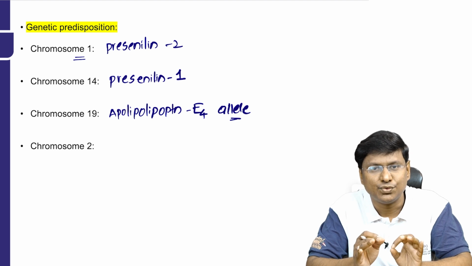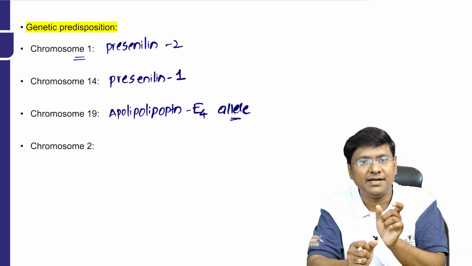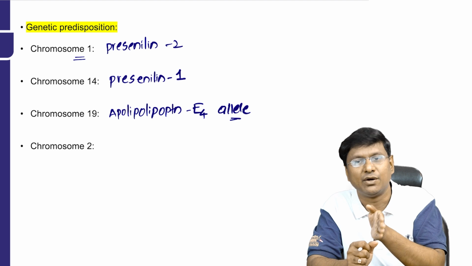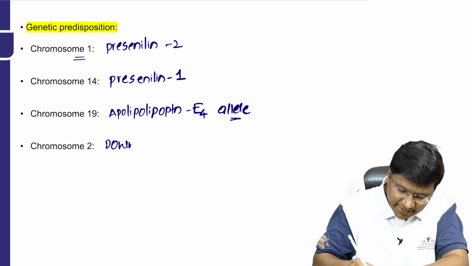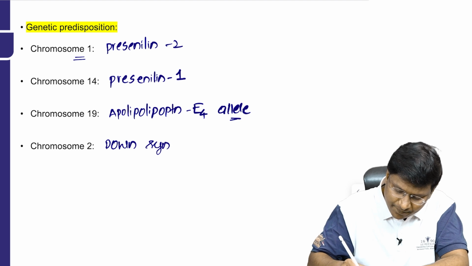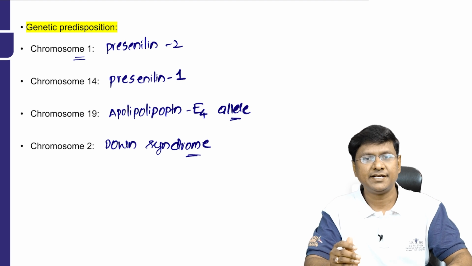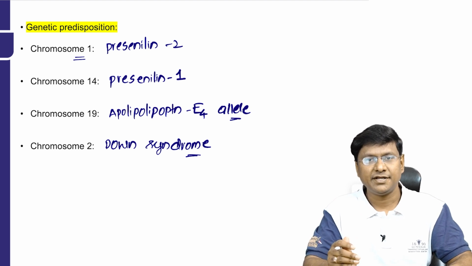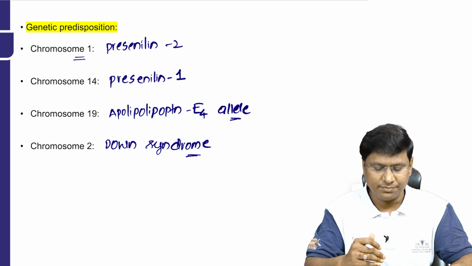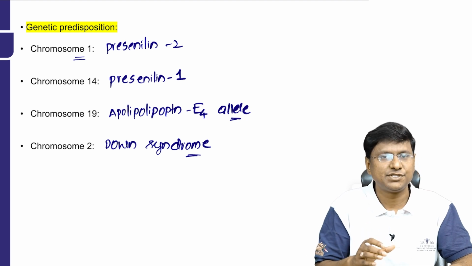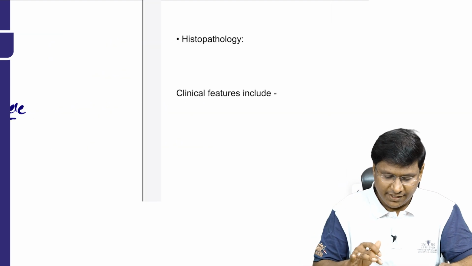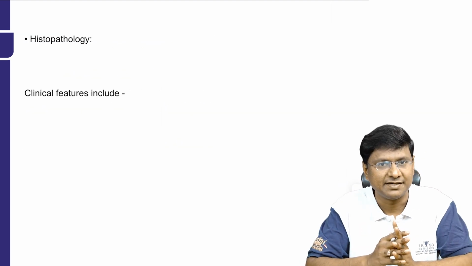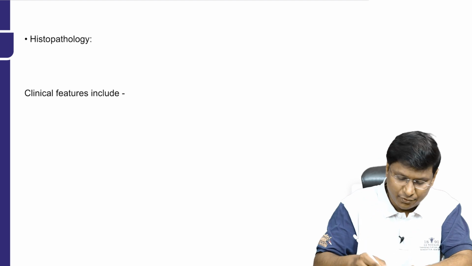Whereas chromosome 21 has the abnormality corresponding to Down syndrome. So these genetic predispositions, that is presenilin 2, presenilin 1, the defective apolipoprotein E4 allele, as well as Down syndrome, are the ones which will make the individual go into a state of Alzheimer's disease. Now, if you take the histopathology in case of Alzheimer's, you have the amyloid protein,